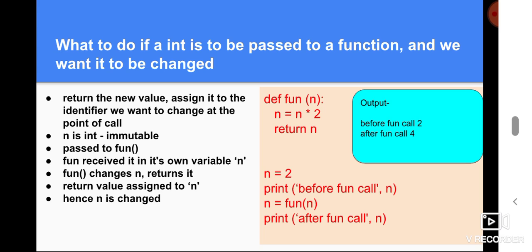Okay, so by this, what we are doing is that we got the return value from the function and then assigned this to the variable which we want to change. We are assigning it to n in the main program. So it is the main program which is actually making the change, not the function. Right, function is just providing a new value which we want, right, but the change is being made in the main program only. So when we print the value of n after the function call, we get 4.